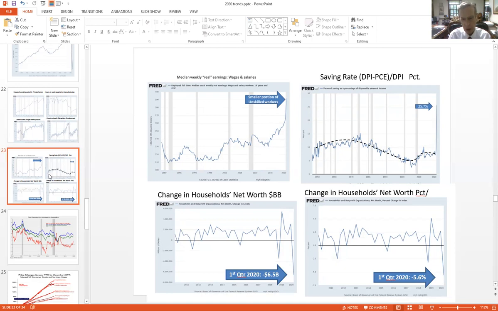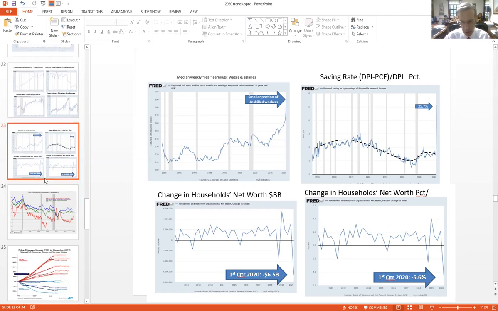But that sharp uptick is an anomaly, and when we get recovery of the economy and those people who work in food service establishments and other locations where lots of services are provided, we'll see that line come down. The saving rate we've already talked about, and of course that's also an anomaly.